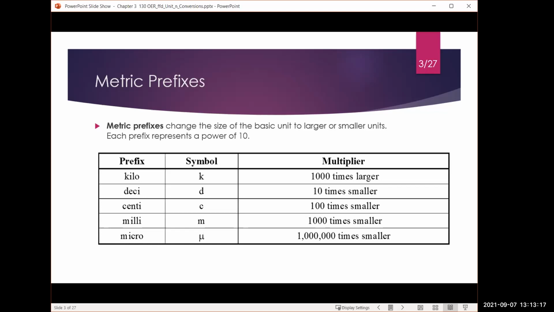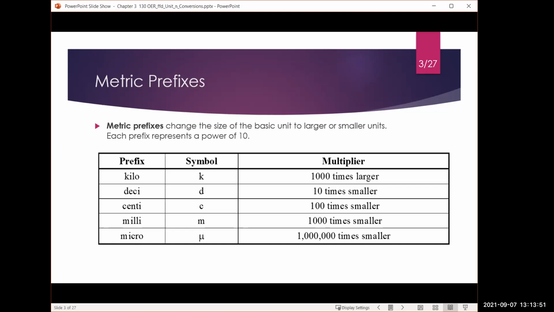Deci, how many years in a decade? 10, so it's 10 times smaller. And so in 1 meter, there are 10 decimeters. Centi, see, how many years in a century? 100, okay? So it's 100 times smaller. Therefore, in 1 meter, there are 100 centimeters. Milli, how many years in a millennium? In a millennium, it's 1,000 years. And so it's 1,000 times smaller. And so in 1 meter,